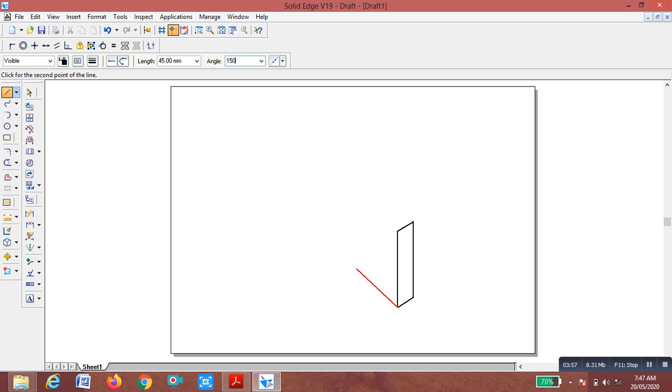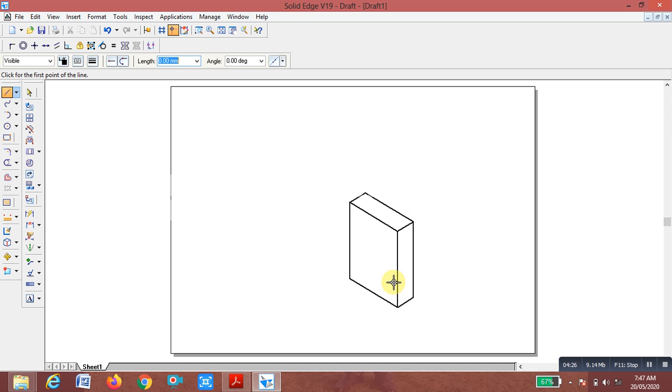The height is again 60, enter, 90, enter, and you connect to this. Similarly at this end, the thickness is 15, enter, 30 degrees towards the right, and again you connect this. Now it forms the slab of 60 mm height, 15 mm thickness, and 45 mm width.